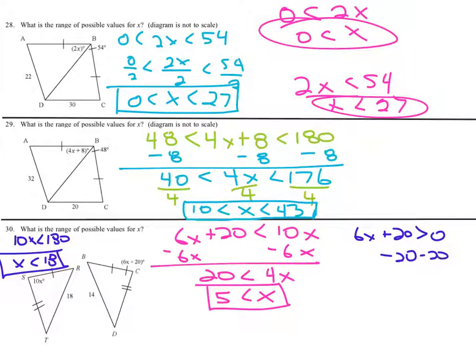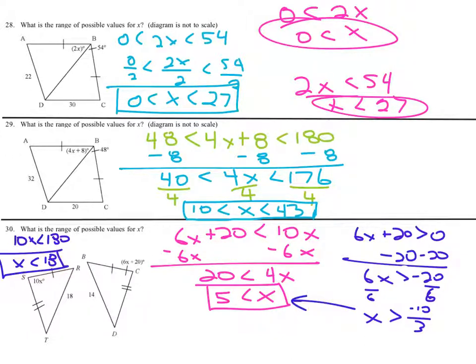So we say minus 20, and we get 6x is greater than negative 20, and dividing by 6, you get x, I'm sorry, I said equals, and I should not have put equals. Sorry about that. And then when you divide both sides by 6 and simplify, you get x has to be greater than negative 10 thirds. That's a 6 right there. Oh my gosh, terrible. Okay, so x has to be greater than negative 10 thirds,